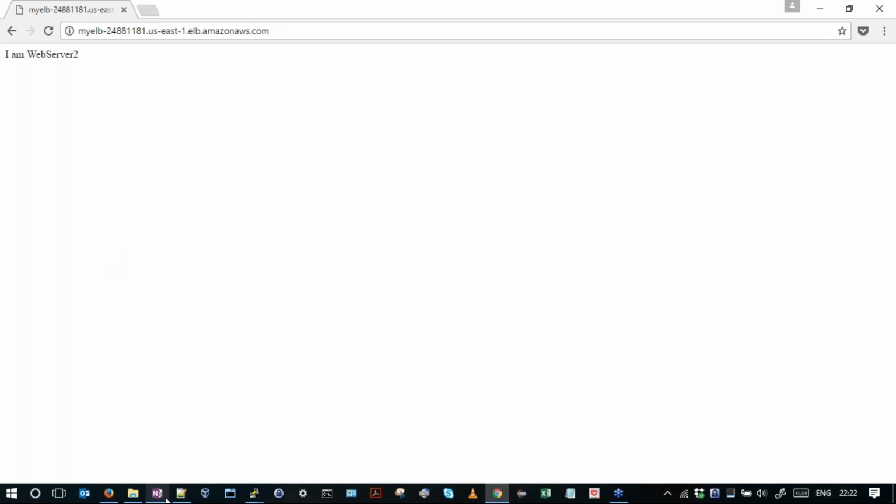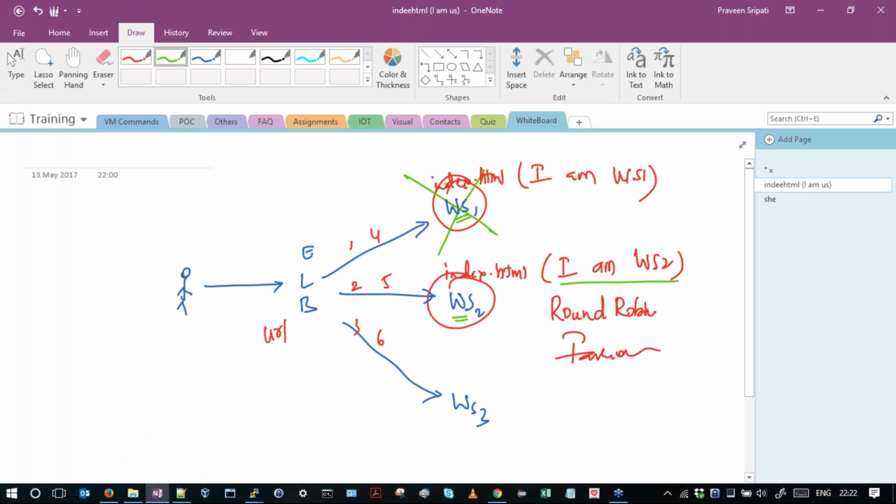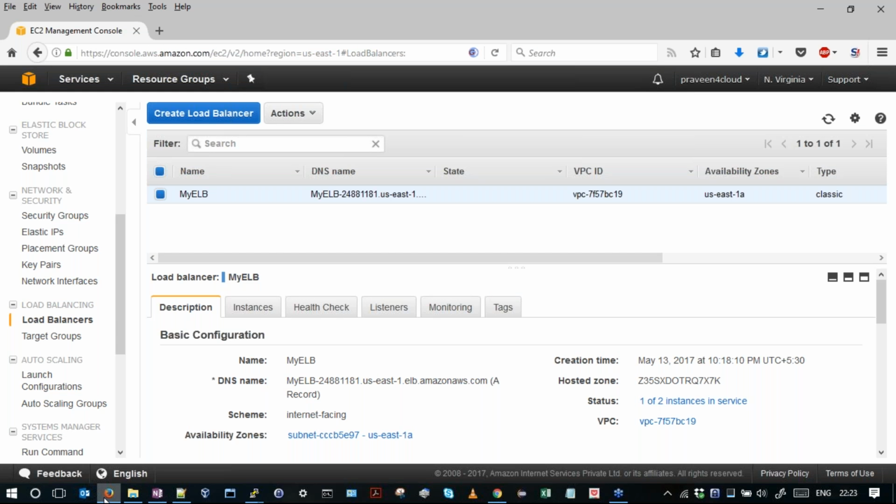So the load balancers can be used not only for addressing more traffic, but also whenever we want to have high availability. Initially we had two servers, so one of them can be treated as a primary and the second one can be treated as a backup. We have seen that when the primary one goes down, all the requests have been sent to the backup. So that's another use case of using load balancers. This is more or less about load balancers and how to create and configure them. During the course we'll be looking at it in a bit more detail.